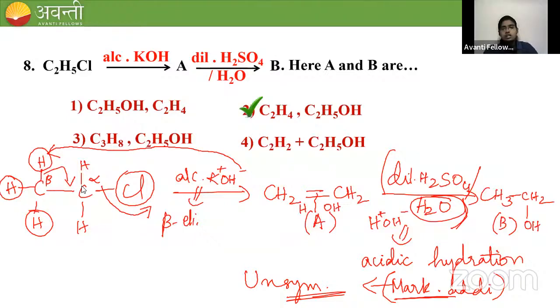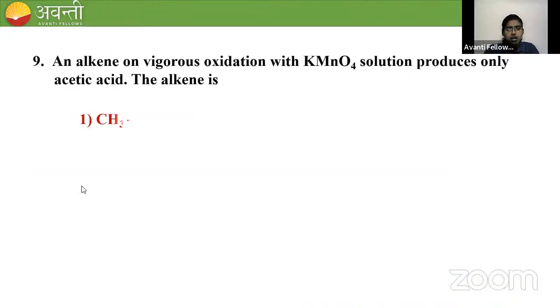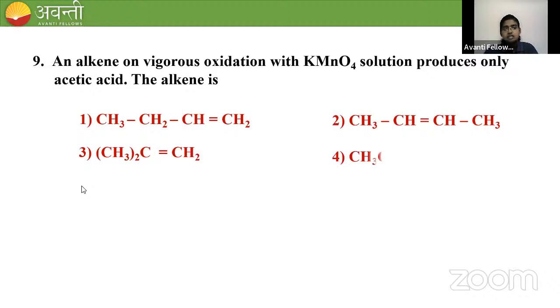Yes. Now coming to question number 9. An alkene on vigorous oxidation with KMnO4 solution produces only acetic acid. The alkene is... So what is the answer for this? Alkene is treated with KMnO4 and it is giving acetic acid. So if it is giving acetic acid with KMnO4, the alkene should contain 4 carbons and it should be symmetrical,